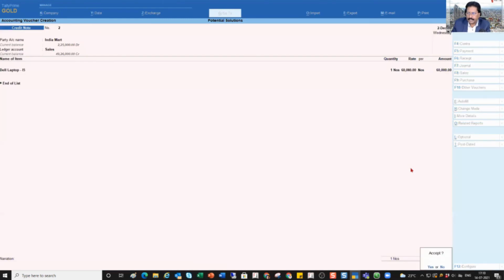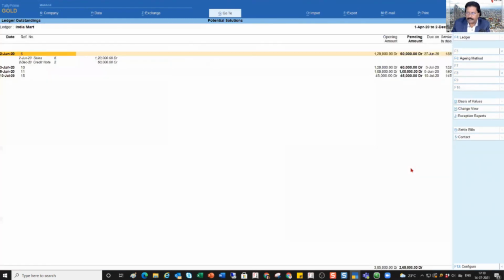Accept. Enter. So now you come back here, and you notice here invoice number 6, we had only sales invoice, which was on 2nd of June. So the opening amount was 120 debit amount. On 2nd of December, you raised a credit note, which is credit note number 2, for an amount of 60,000. So now your pending amount is 60,000 only.